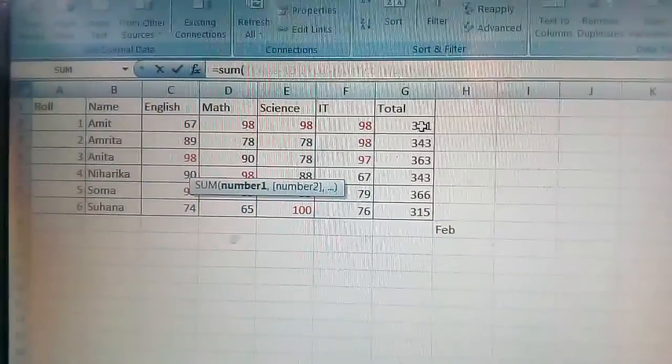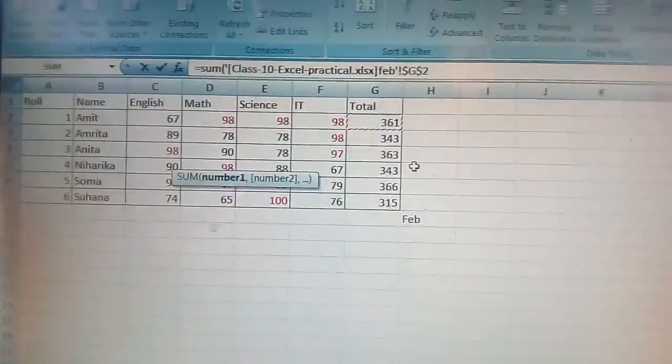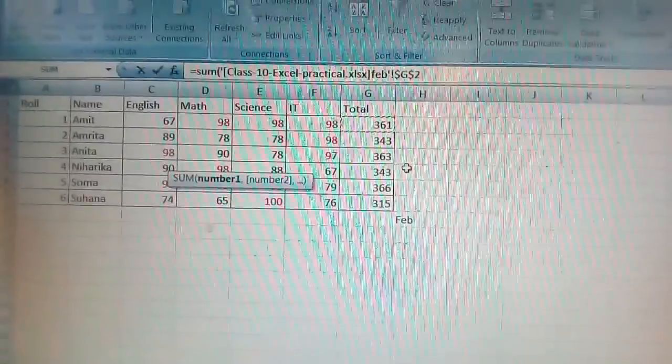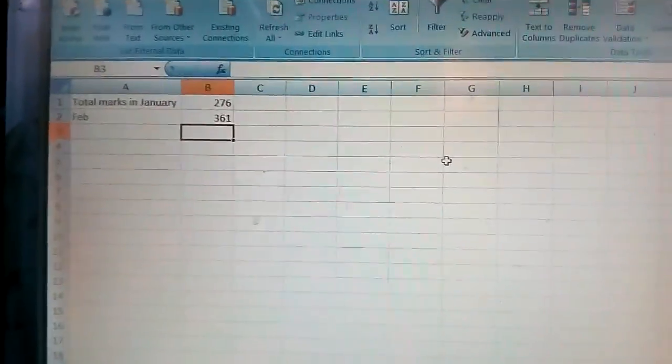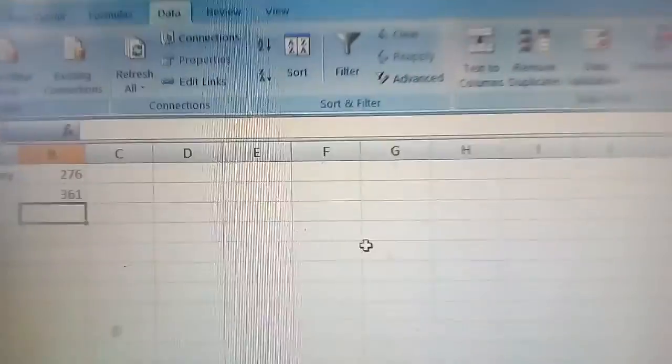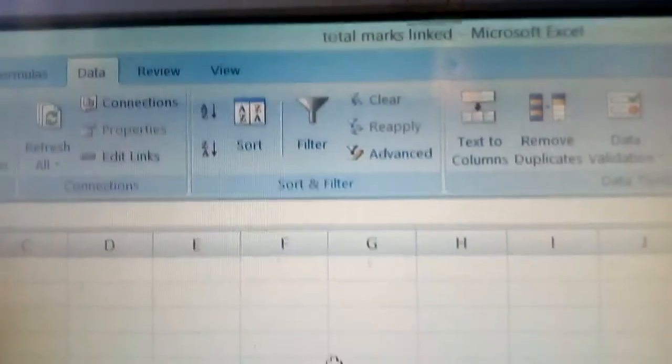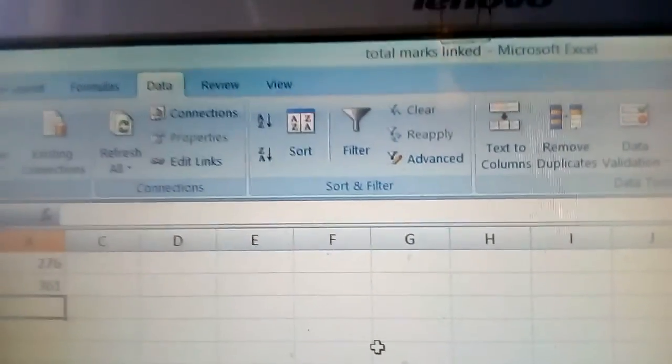Right, now you select the total. After that, close the bracket and press the enter key. So automatically it has come here, and this one is total marks linked. See, this workbook is total marks linked. Okay, so in this way you can do it.